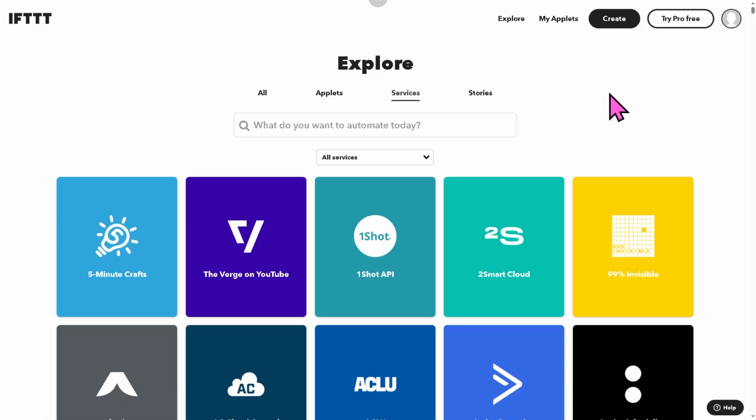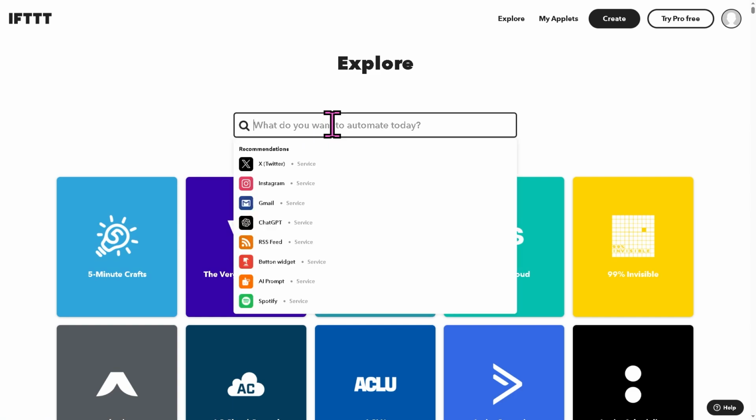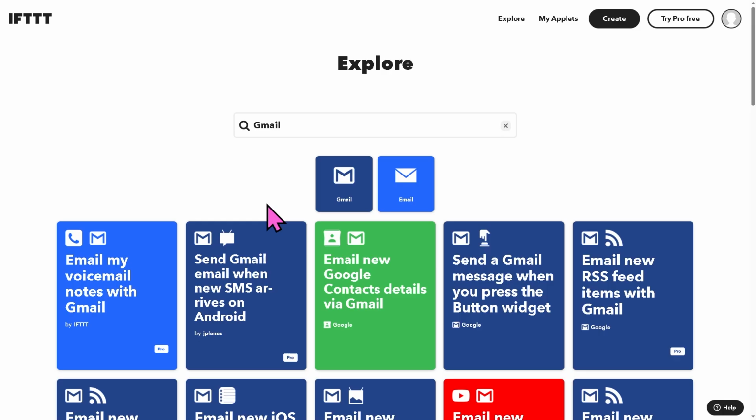But basically, all we have to do now to create our own applet is simply click the Create button here, from scratch if you want. But of course, you can choose from any of the following. You also have the option to type in what you want to automate today. Is it going to be for Twitter, Instagram, Gmail, ChatGPT, RSS feed, button widget, AI prompt, or Spotify? Let's say in this instance, we're going to create a Gmail service so you don't have to start